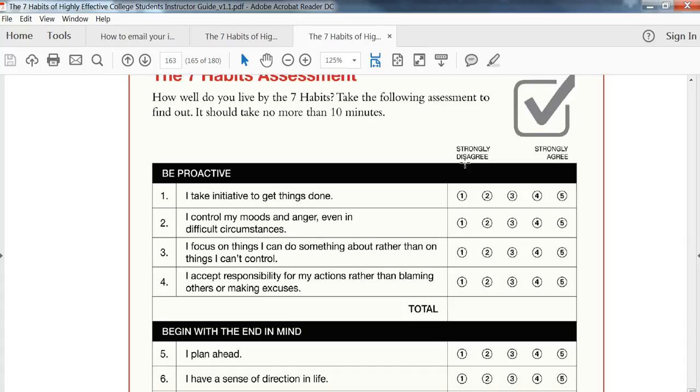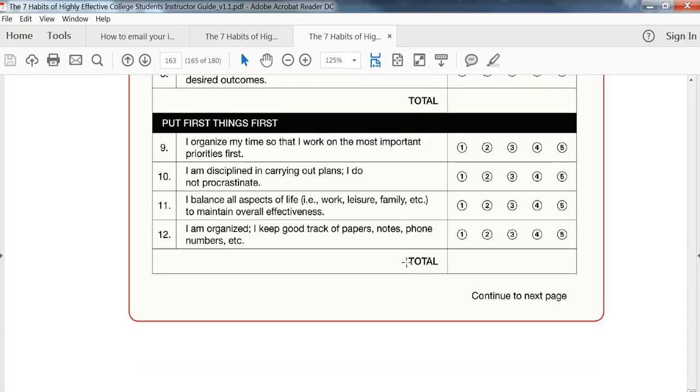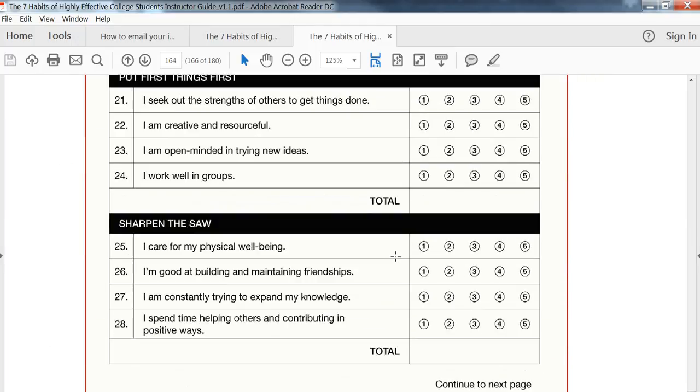If that is not you, if you don't take initiative to get things done, you wait till the last minute, or somebody has to make you do it, that's kind of, if you only do it because somebody said so, then you might be over here. But if you do that on your own, you may be over here. So at the end of each little part, you have somewhere between 4 and 20 points that you'll put in your total. And you do that for all your 7 habits,